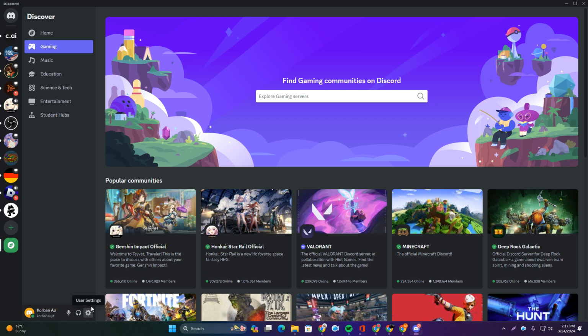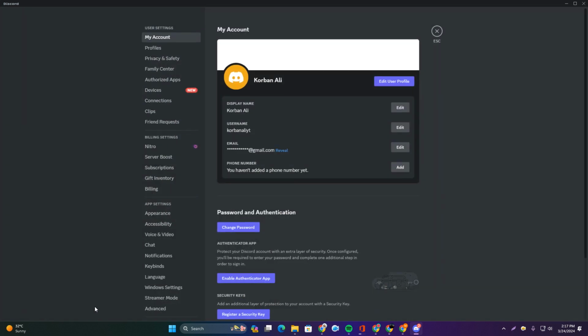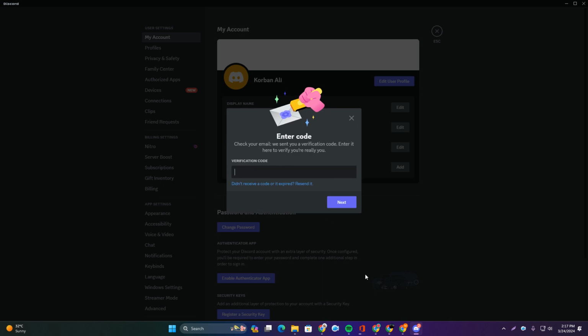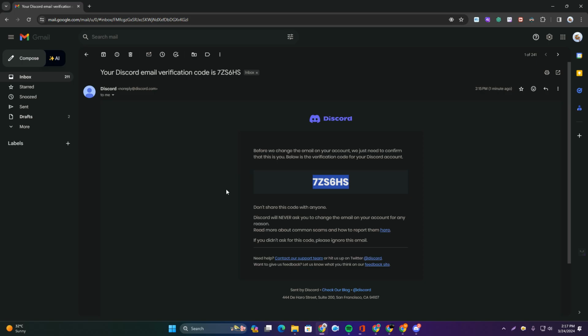So click here on user settings, and then you can see the option email, and on the right hand side it's called edit. Click here and you have to send a verification code to your Gmail. So I'm just going to check my Gmail account, and then you can see the verification code. So copy your code and paste it